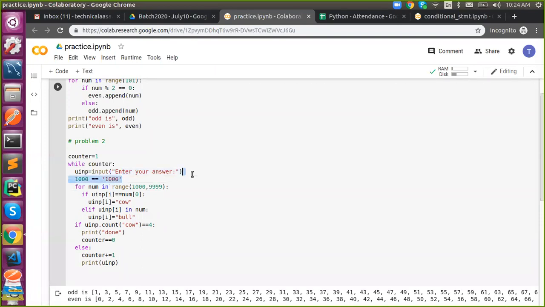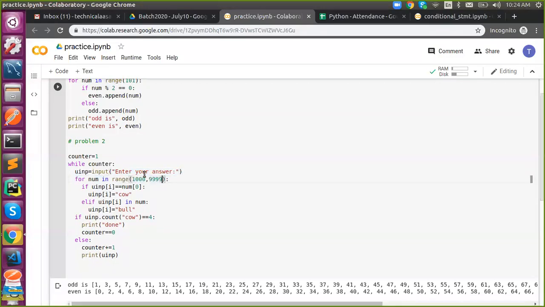So we have to keep it as a string, and if it is a string, we can check based on its position. And you all know the total, how many positions we are supposed to check for each number, both LHS and RHS. How many positions are there? Four positions, right? So 0, 1, 2, 3.